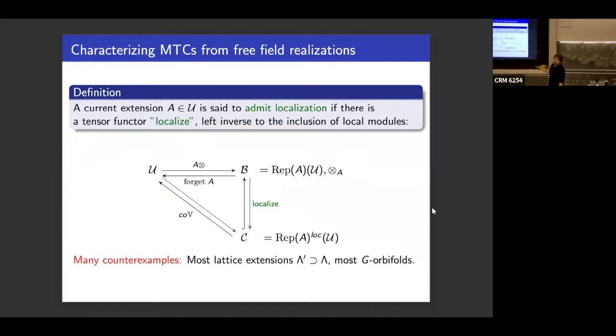So there are many counterexamples, but I want to focus on these cases, and I want to develop this theory more. Yes? So by density you mean it's strong monoidal? Yes, strong monoidal. And only one-sided inverse. Just one-sided inverse, yeah. So you should basically imagine you localize a module by force, and careful, because we had some discussion, it's not taking the local part. It's more like really localizing. I will show examples of how this goes.